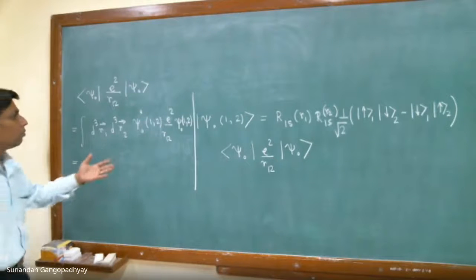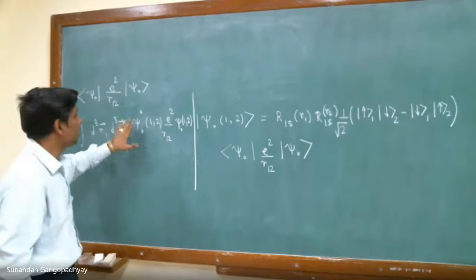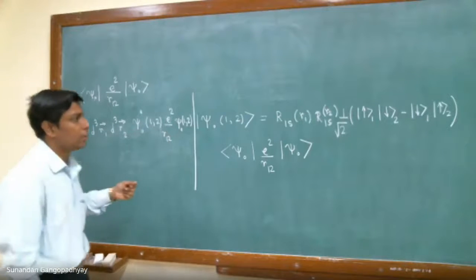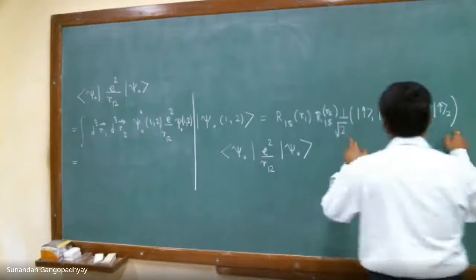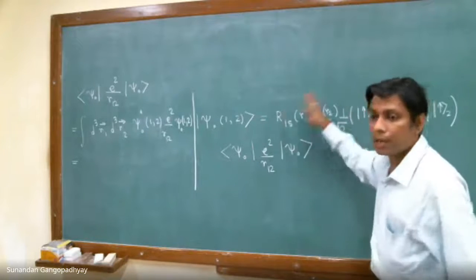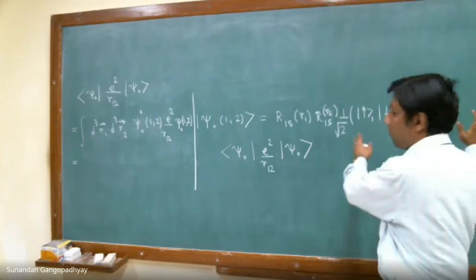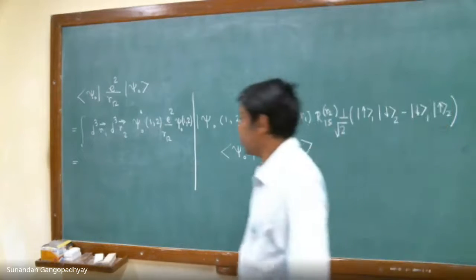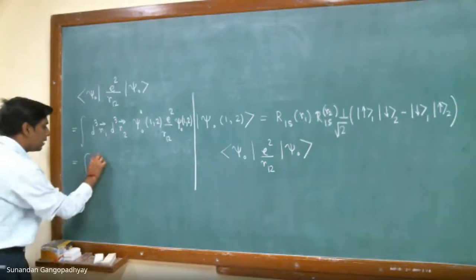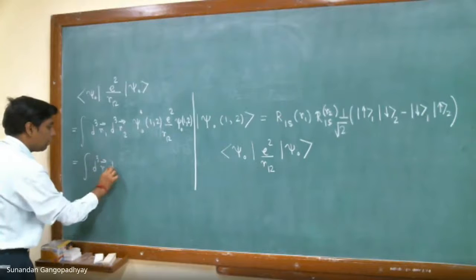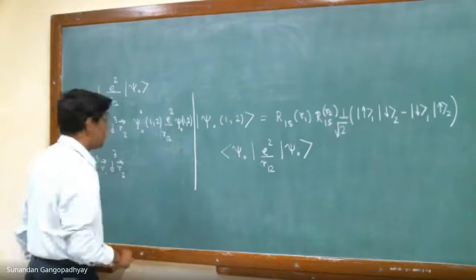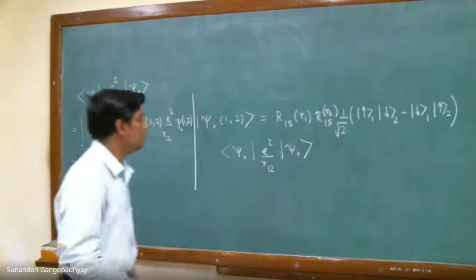So now you just need to put in the values of these wave functions in this expression, and if you do that, you will immediately see that you will have a bra term corresponding to this term, and you will have this ket, and this will give you 1. If you just calculate it, it will give you 1. So what we shall finally get is the following: d cubed r1, d cubed r2, and then we just need to put in these things here.